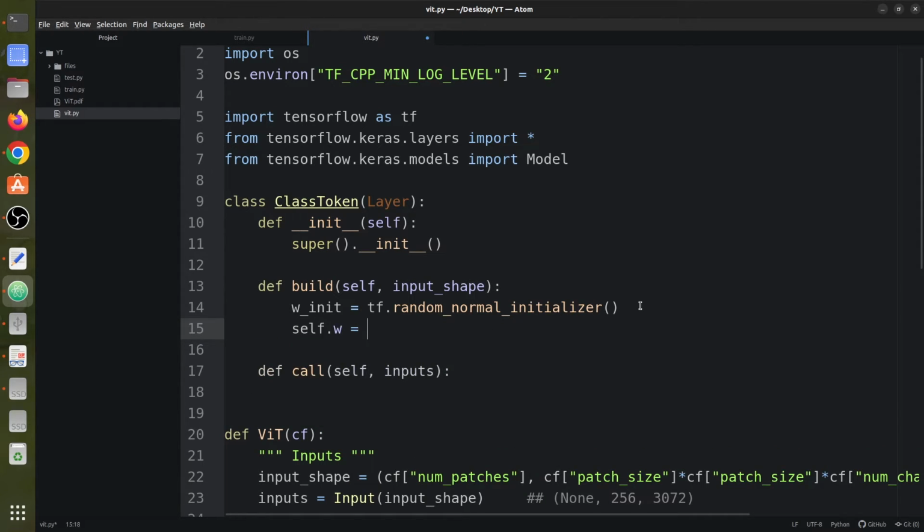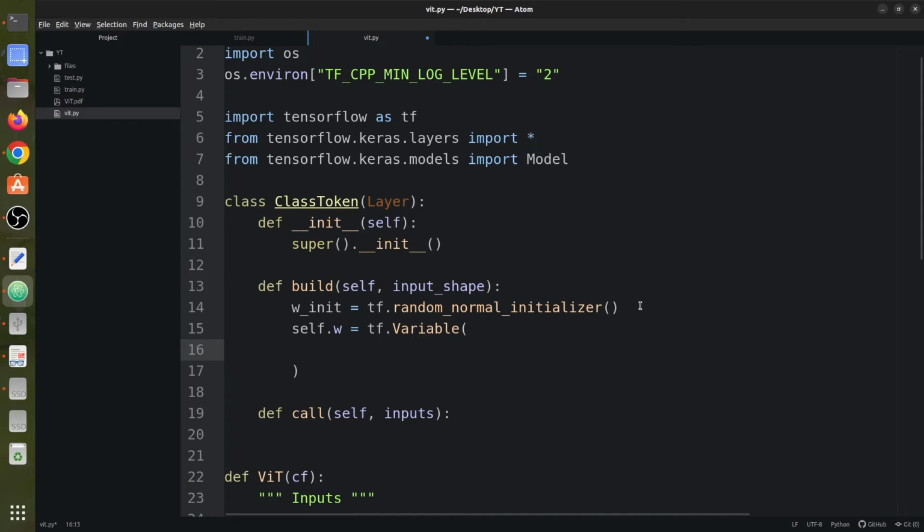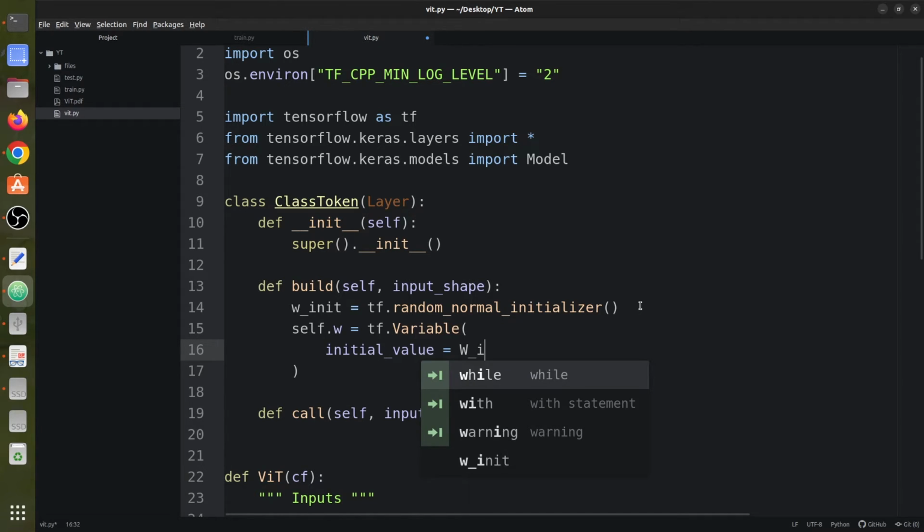Our variable would be self.w, then tf.Variable. First we have an initial value that is defined by this weight initializer,